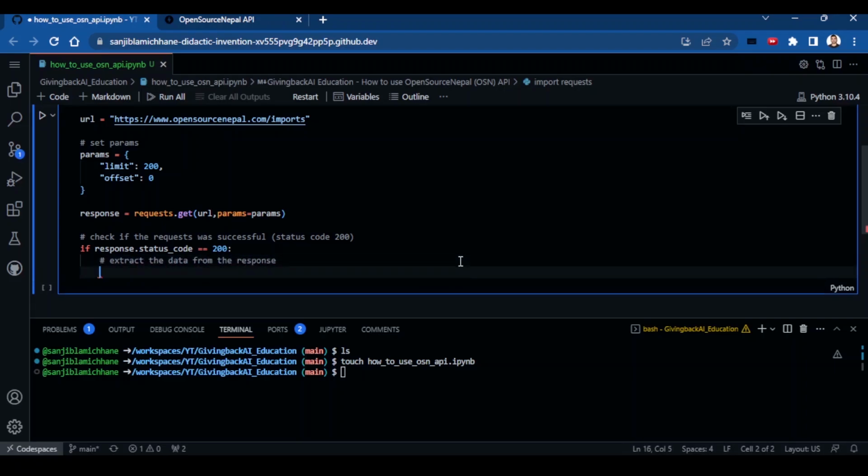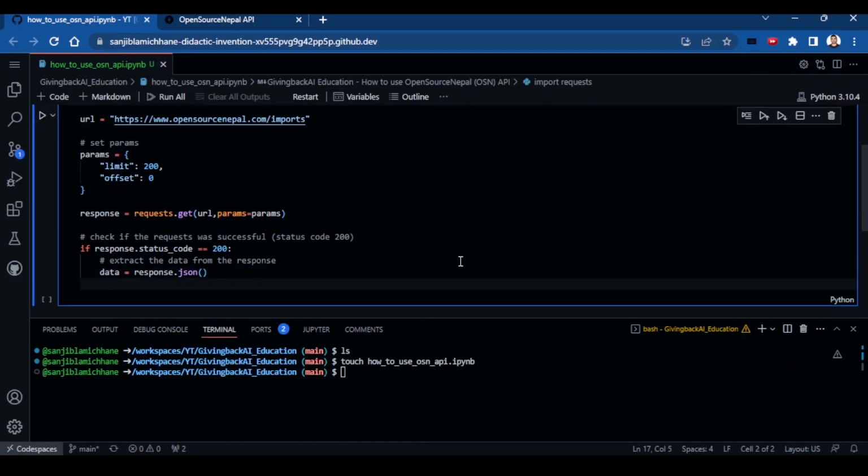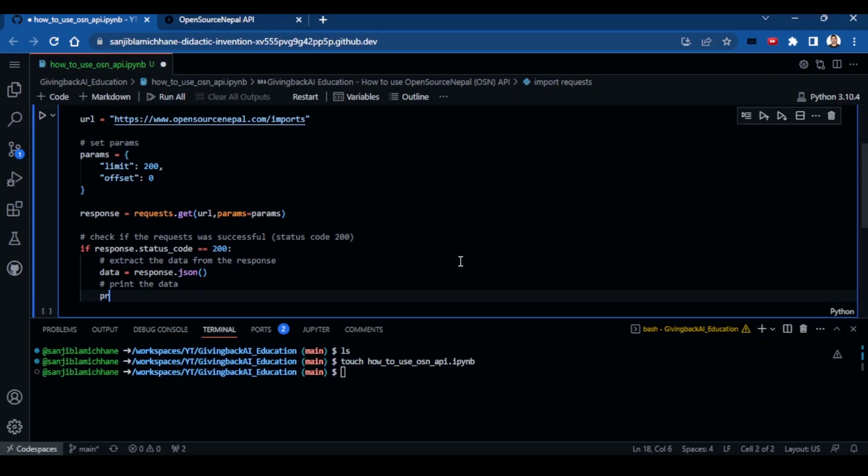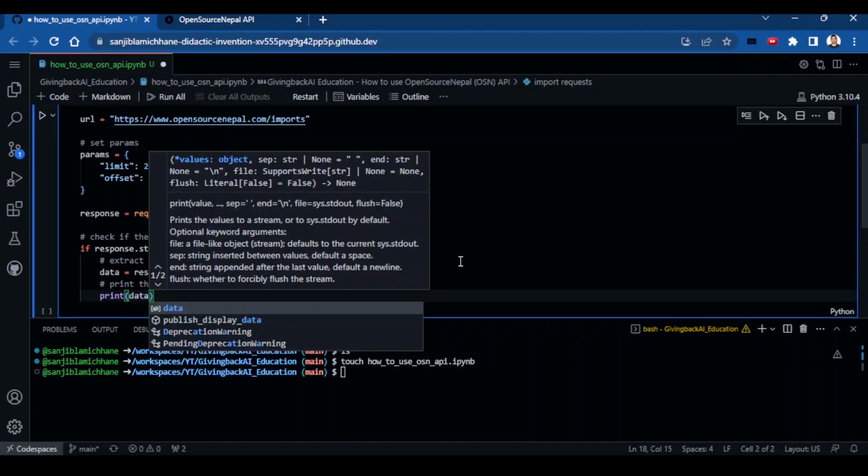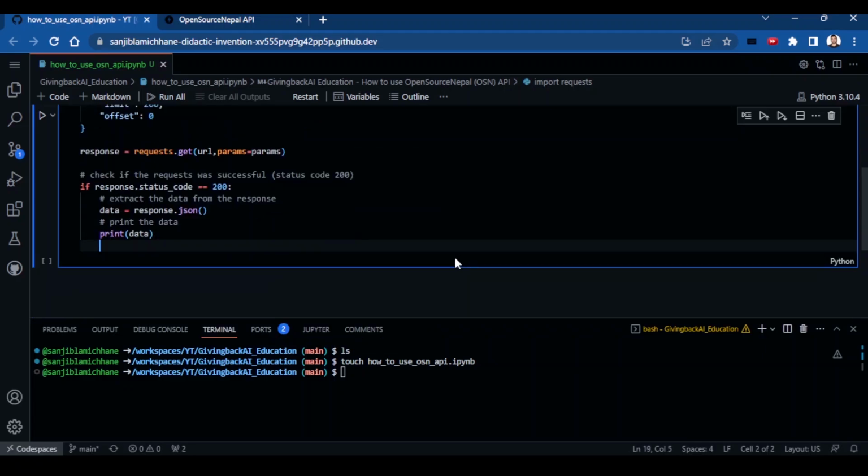The data would be stored as a data variable. It would come from the response, and let's convert that to JSON. Now let's print it, print the data. I'm just adding a comment for you guys here. Okay, we have done that, print data.